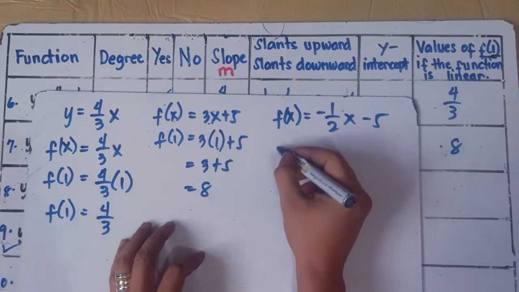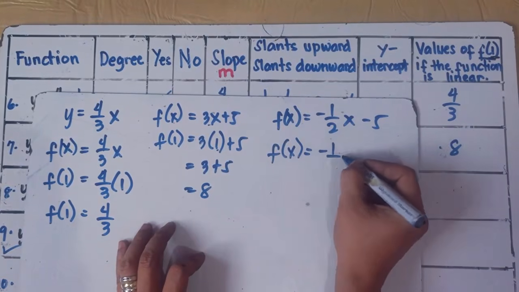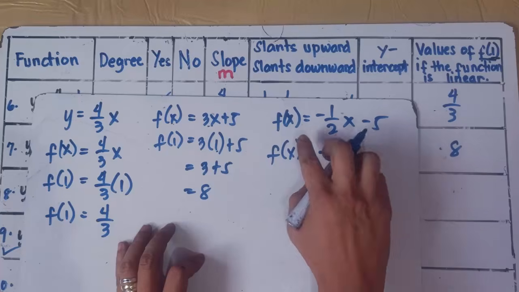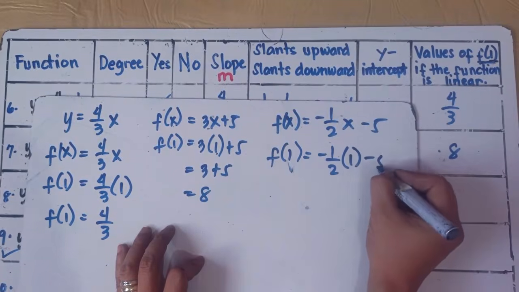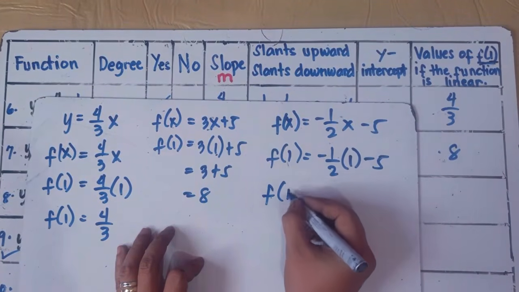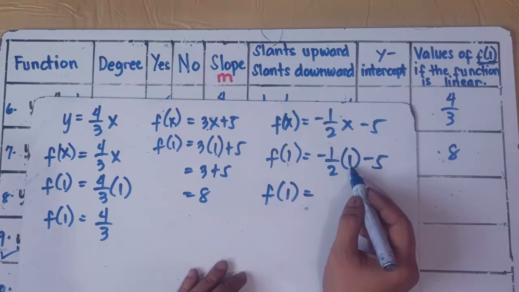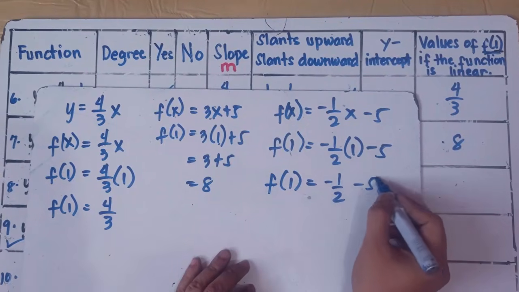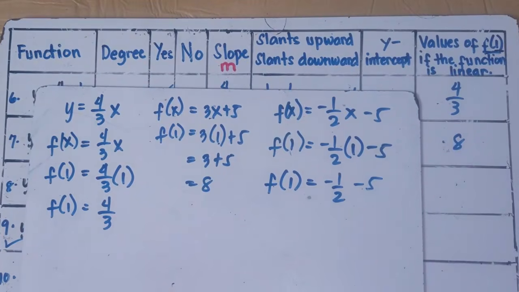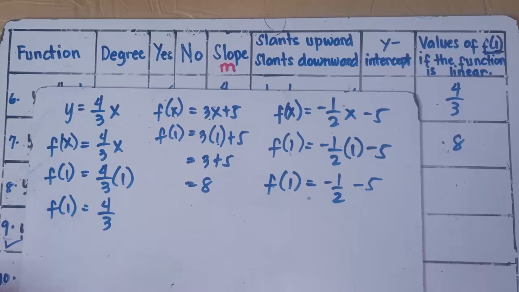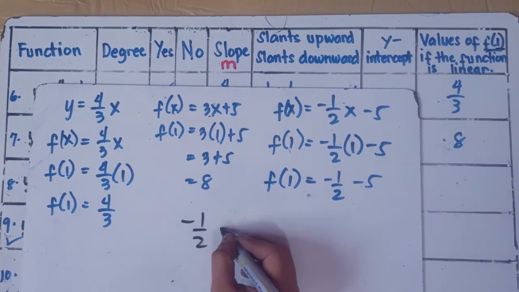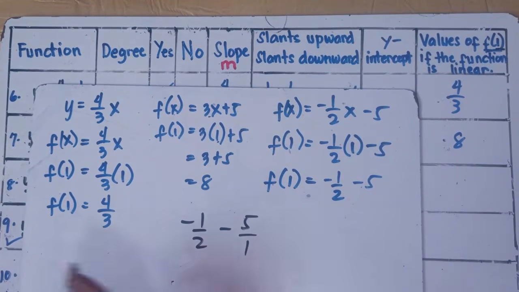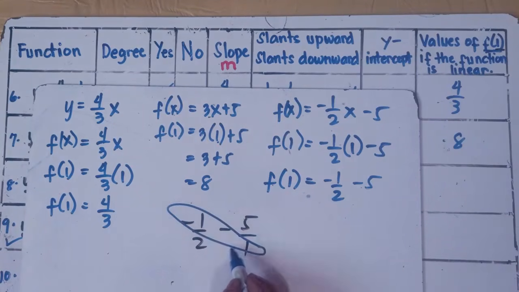Alright, so f of x equals negative 1/2 times the value of x, that would be f sub 1, this one right here. So f sub 1 minus 5. So f sub 1 equals negative 1/2 times 1, that would be negative 1/2 minus 5. Alright, so negative 1/2 minus 5, we can do the butterfly method since we have a given fraction right here. Understood that there's 1 right here. We can do the butterfly method, class. Simply multiply this one and then this one.